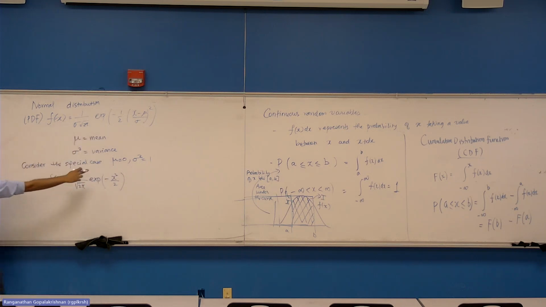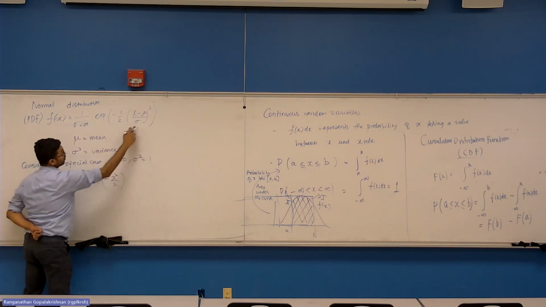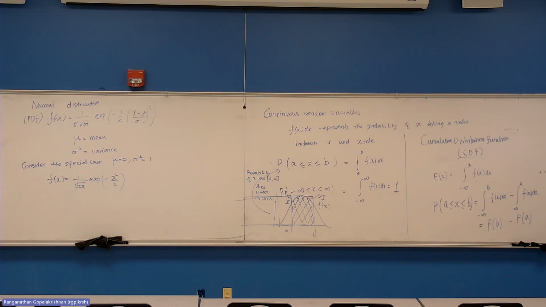Just substituting mu equals 0 and sigma equals 1 in this expression. This distribution is given a special name. It is called the standard normal distribution. And this is what we saw